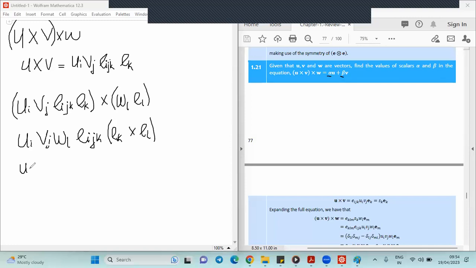Now this is UI, using that same logic that I taught before I wiped the board. This would be UI, VJ, EIJK, would I now say KL and then introduce a new one, EM? This is correct. However, it is not the best form. We have to do something called,